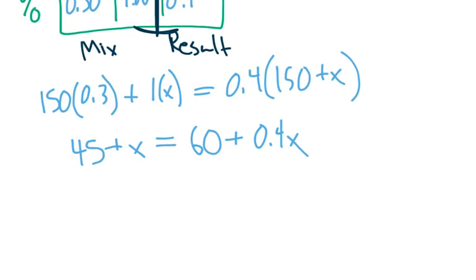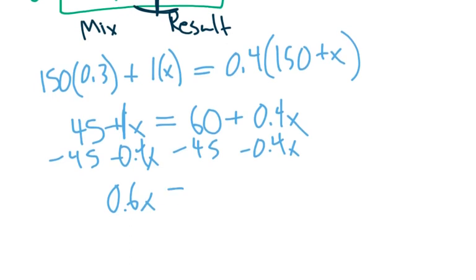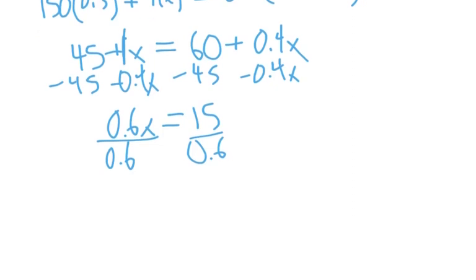So I'm going to subtract 0.4X from both sides. So that's going to give me, now keep in mind there's a 1 there, so that's going to be 0.6X, and I'll subtract 45 from both sides, and that's equal to 15. Divide by 0.6, so 15 divided by that gives me